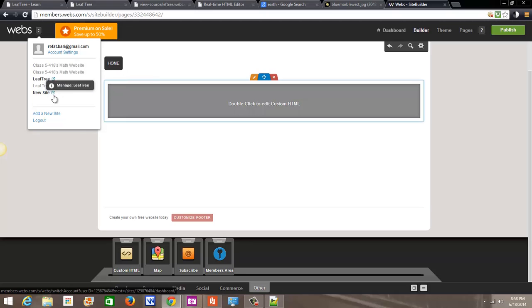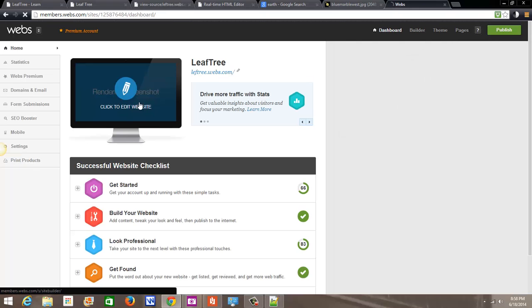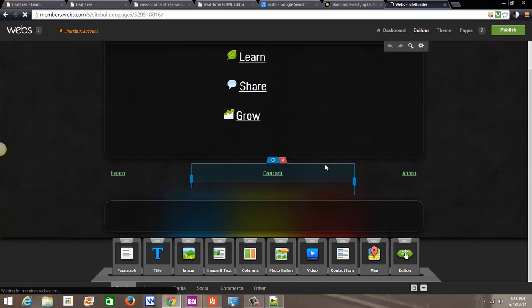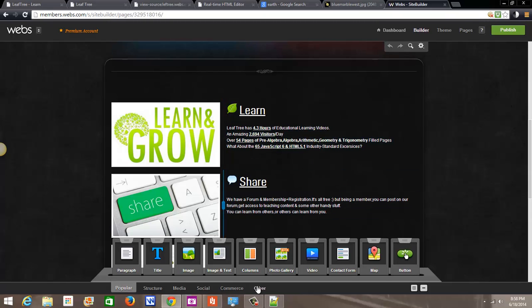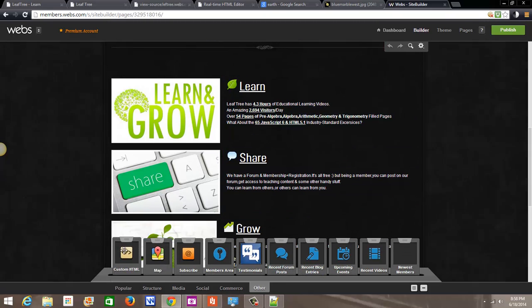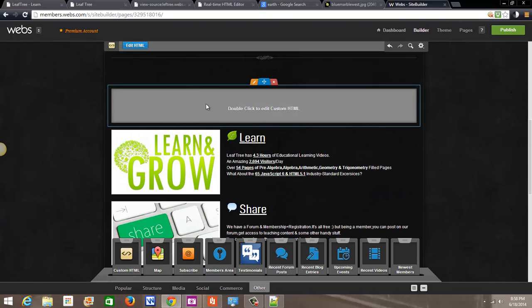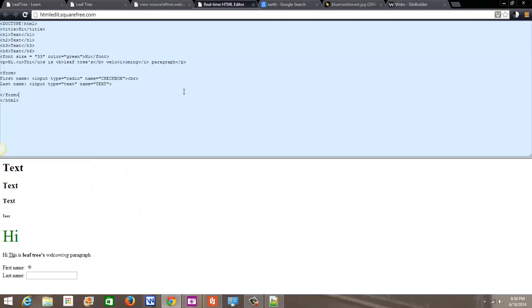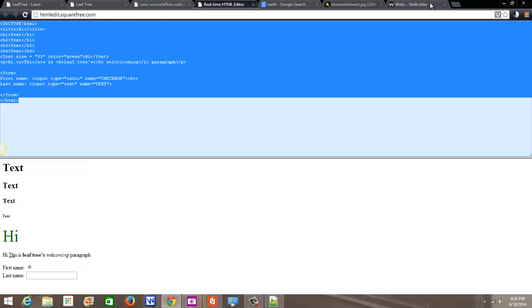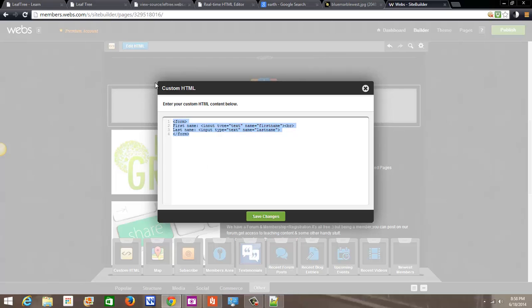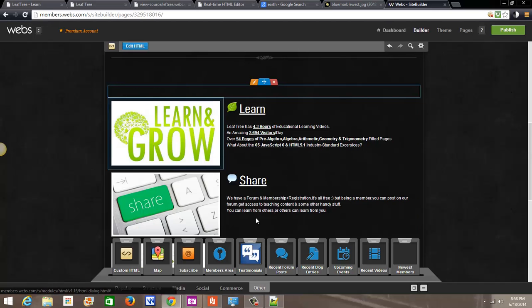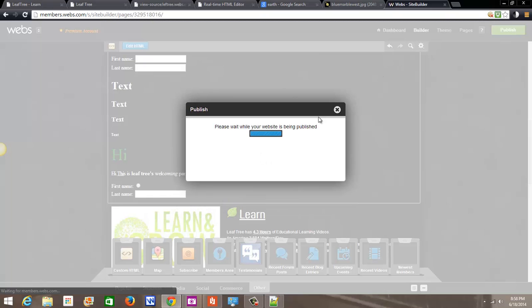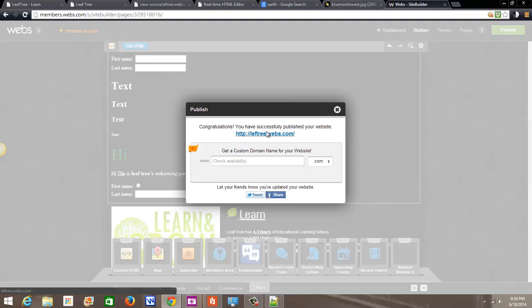So let's go to Leaftree. And sadly I have to show what's actually inside. So let's see. Click on other and then click on custom HTML. And yes, I have a premium account so I can add the HTML. So let's paste our HTML here. And there you go, you have it there. See? And once you click publish, go to the website, wait for it to load,